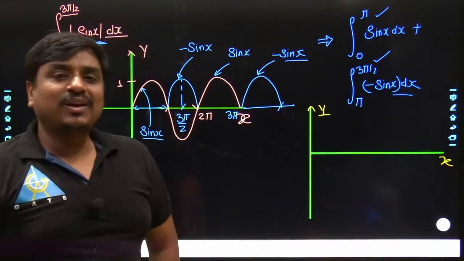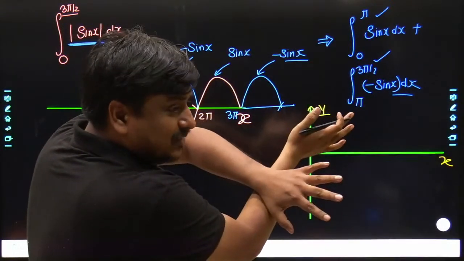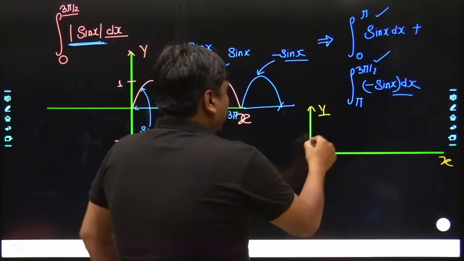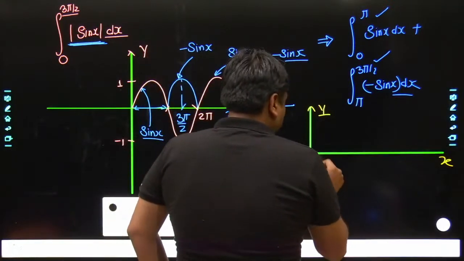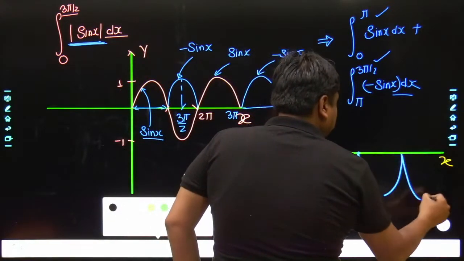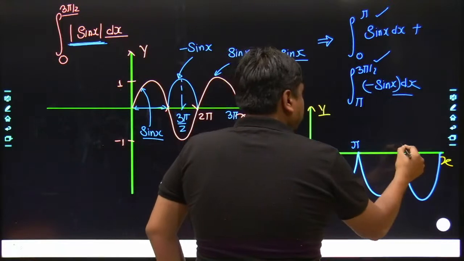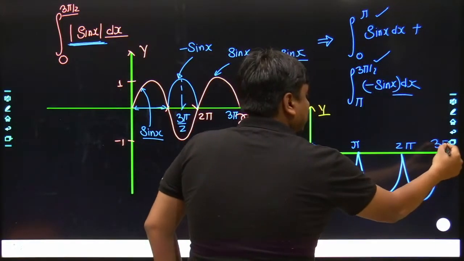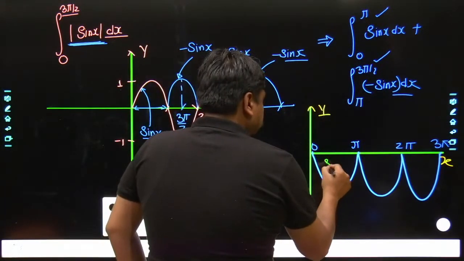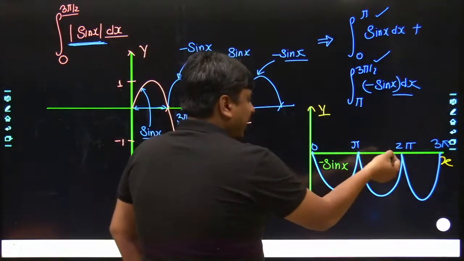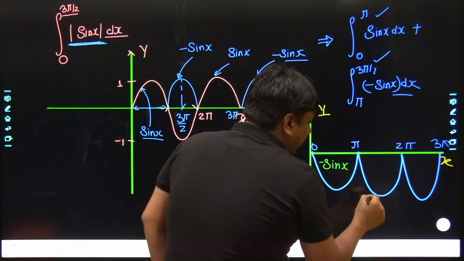Whenever any function or any signal gets multiplied with a minus sign, there would be folding of that signal taking the reference of the x-axis. That means all of the lobes which were towards the upside would now be towards the downside. How would the structure be? The structure would be sort of this. Here goes 0 radian, here goes pi radian, here goes 2 pi radian, here goes 3 pi radian. In between 0 to pi radian, the function would be defined as minus sin of x. In between pi to 2 pi radian, again if you recall the actual sin of x, in between pi to 2 pi,